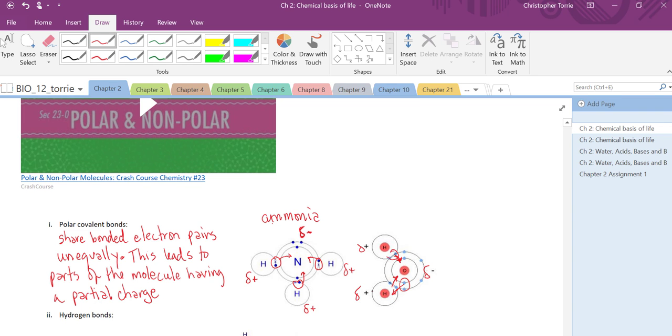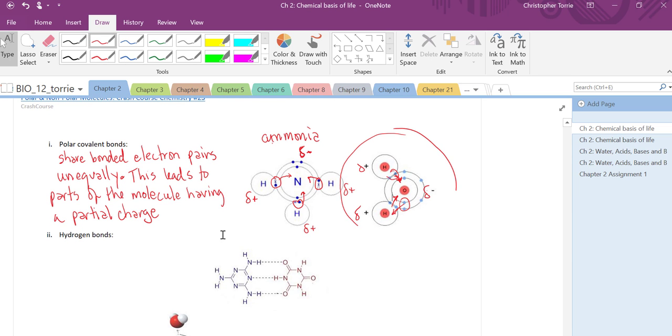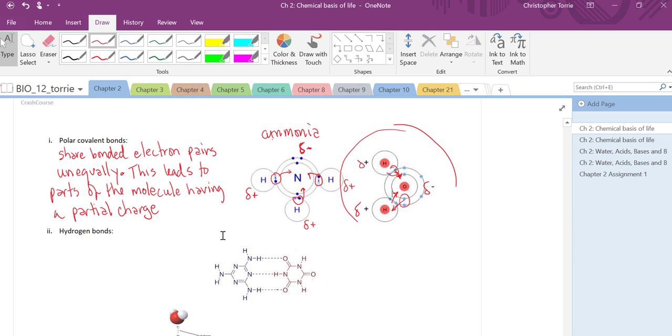Now, because of this interaction within the molecule, what happens when you start to put these molecules side by side? The best example here, if I scroll up a little bit, we see what happens when we suddenly,